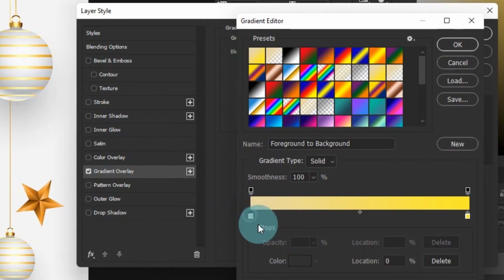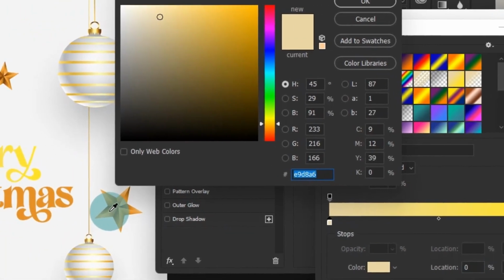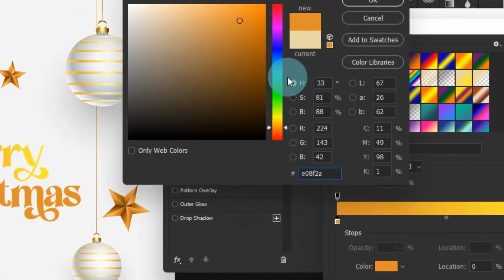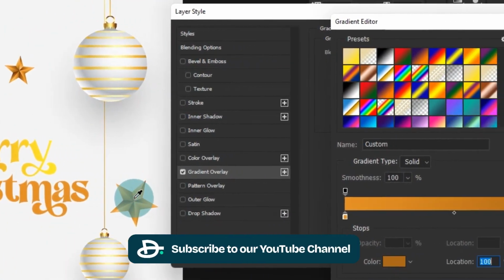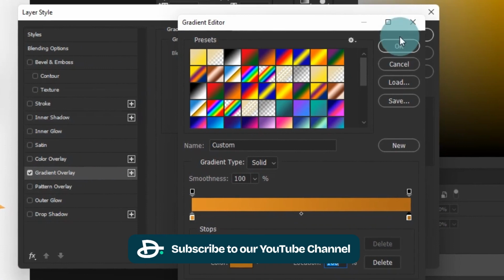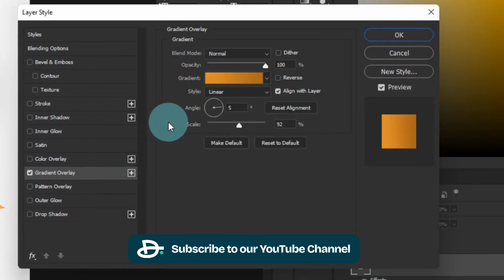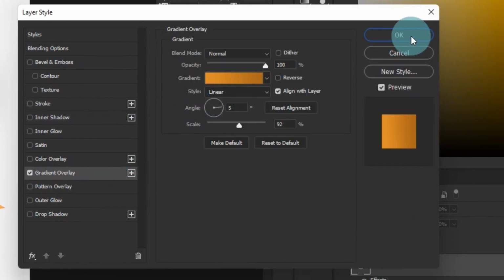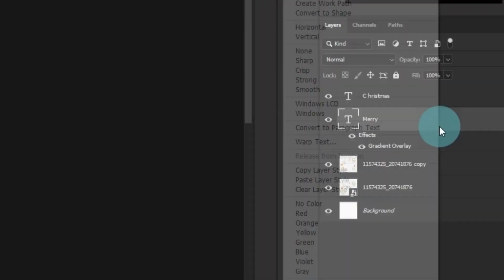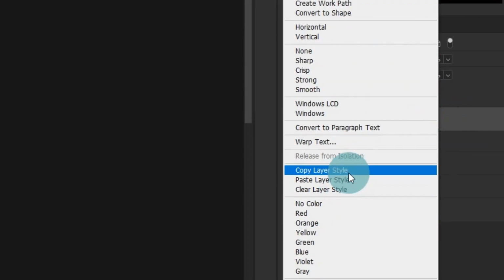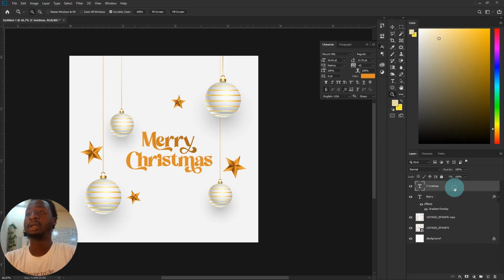So pick this color for the brown, the existing brown, and click OK. Then the second color, I pick this deep brown, click OK. So click OK, and then go to the second one. Or fastest we can use this, just right click on the Merry, copy layer style, go to Christmas, right click,